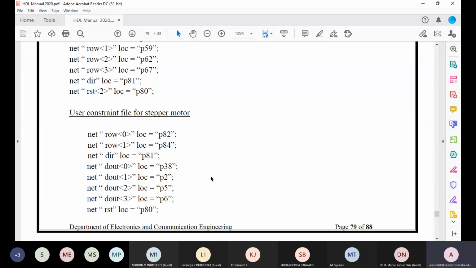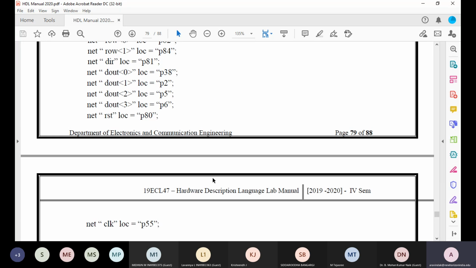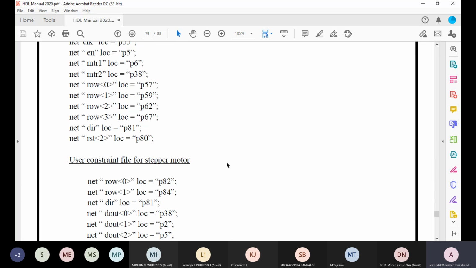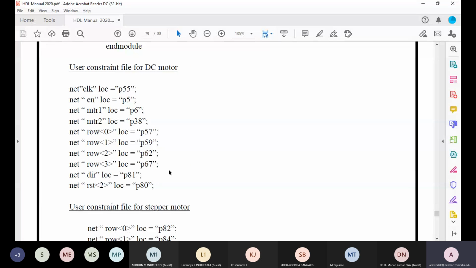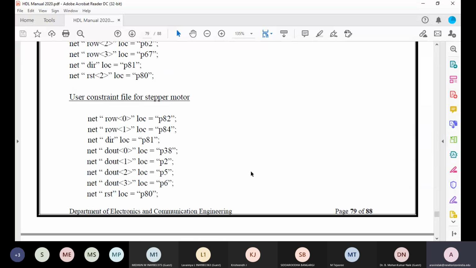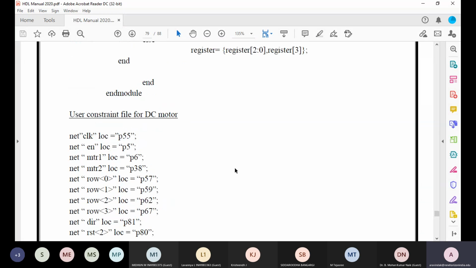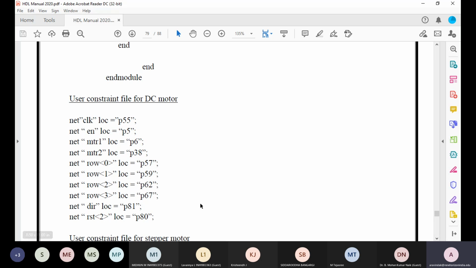Otherwise, if you are using a general purpose code and you are going to use a pattern generator and a logic analyzer, then you can use all those pins in the FPGA either as input or output. You have the freedom there. Now here, as we are using the daughter boards individually for a DC motor and stepper motor, the connectors are already fixed. So we don't have the freedom to change the pins here. In the exam, all these details will be given to you. Separately, a sheet will be given where all these UCF details are provided. You will have to upload your UCF file into the Xilinx tool according to this.